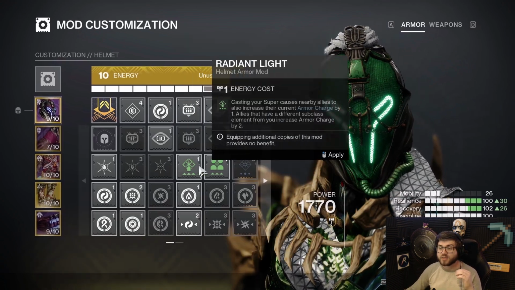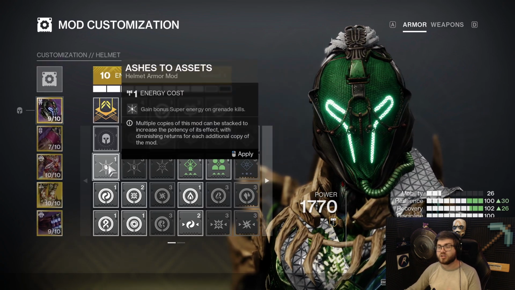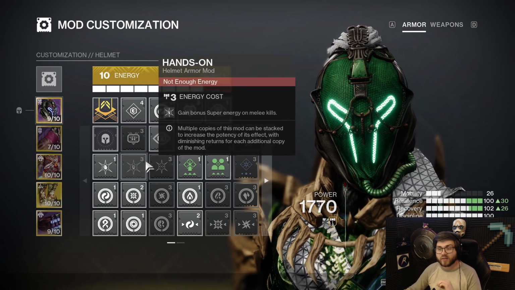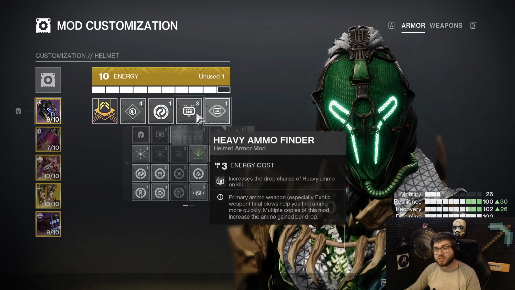Now honestly, the other mods for your helmet don't matter as much because things like Ash's assets just won't work because you're not really using your grenade. Hands-on could work, but you don't have your melee up enough to take advantage of anything. So honestly, I just run a heavy ammo finder with the new mod heavy ammo scout, so I get more ammo drops,